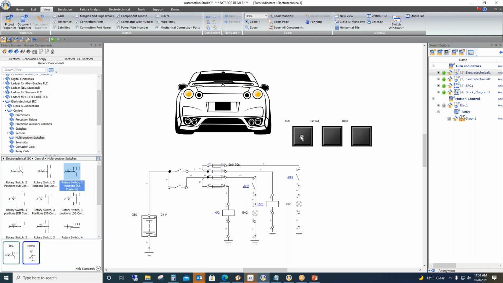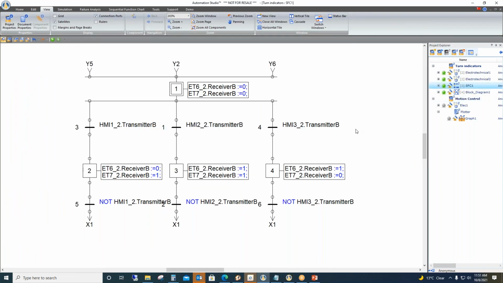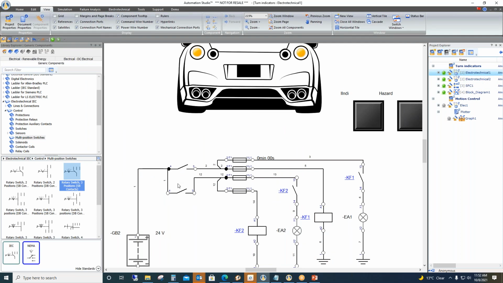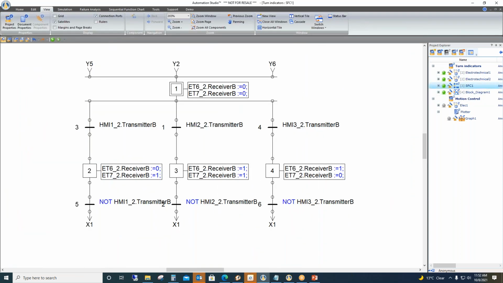As input we have taken 3 push buttons: left indicator, hazard, and right indicator, and we have programmed a simple SFC logic. At the initial stage, both the contacts will be open. The contacts I'm talking about are these two, the controlling features here. So at the initial stage both contacts will be 0.